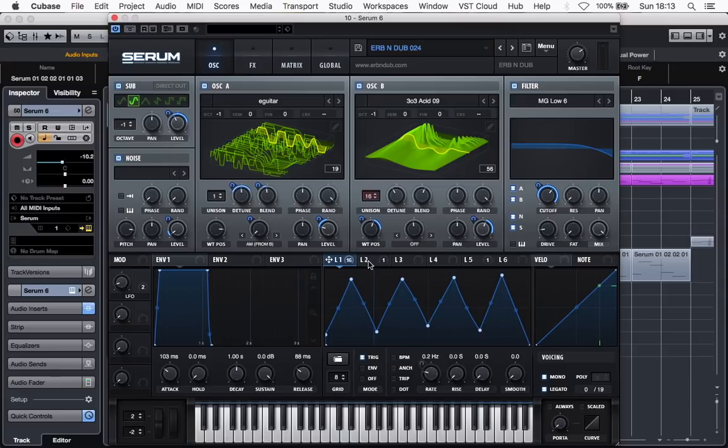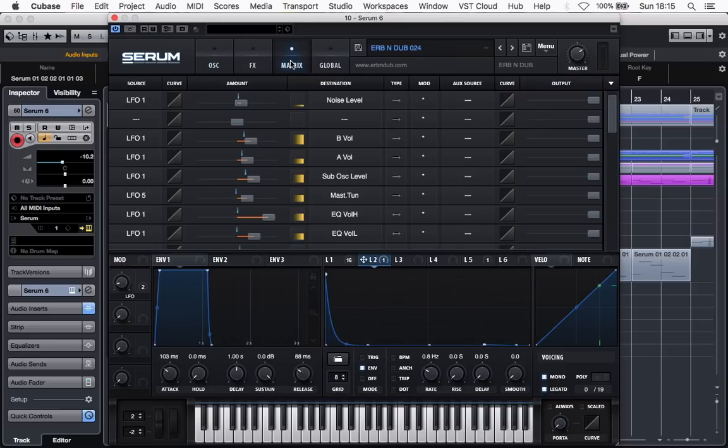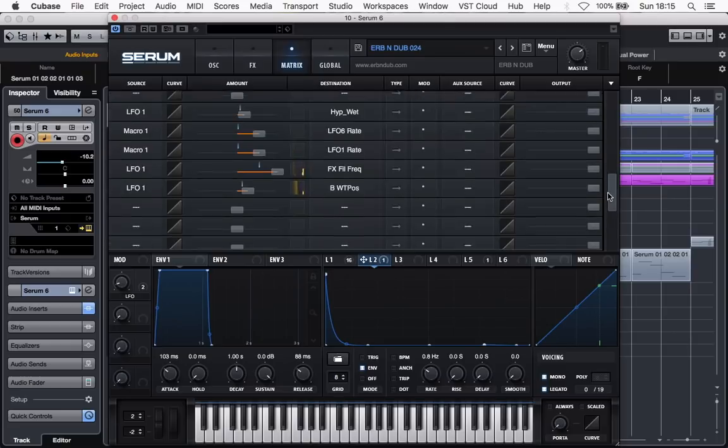So there's one other area I'd like to look at. It's LFO 2. I've used LFO 2 to create some pitch movement at the beginning of the sound. There you can see the shape I've drawn in. I've actually assigned this completely differently to anything else that I've shown you so far, and it's done in the matrix section. So if I go down here,